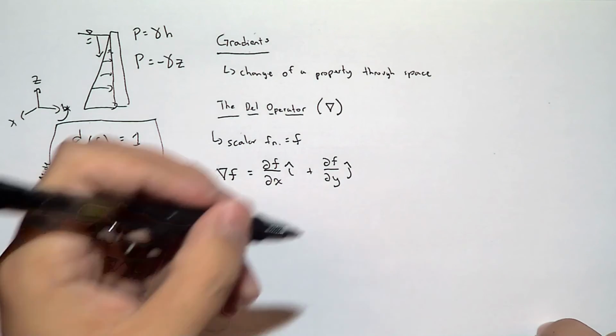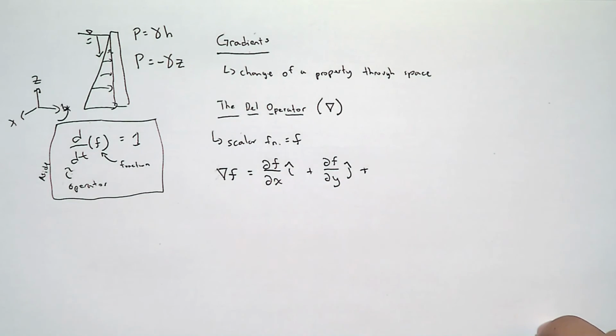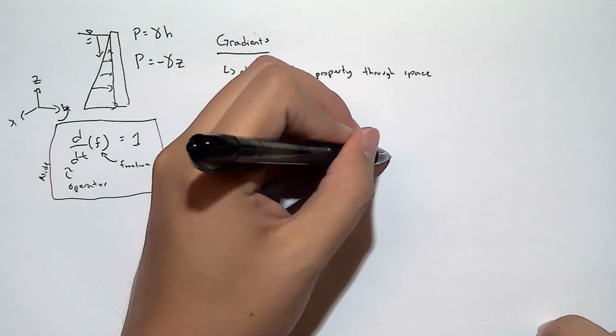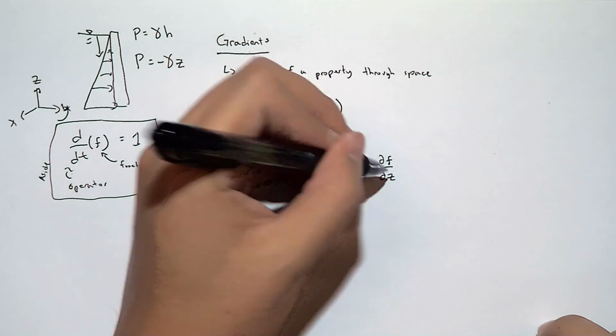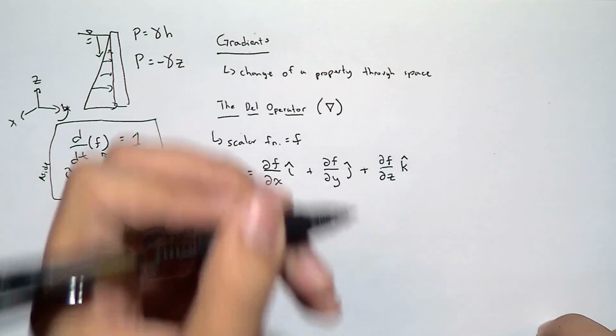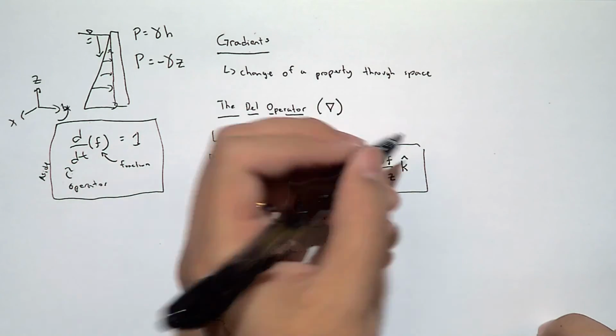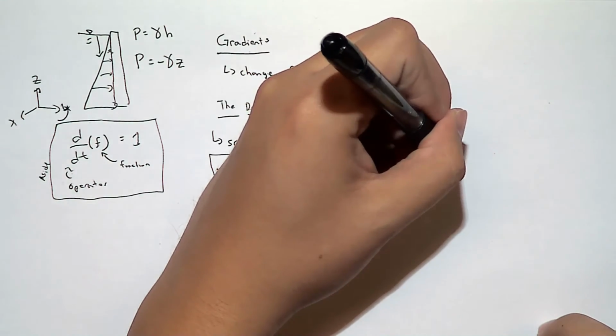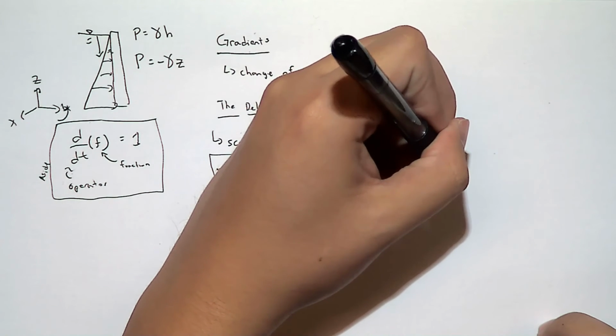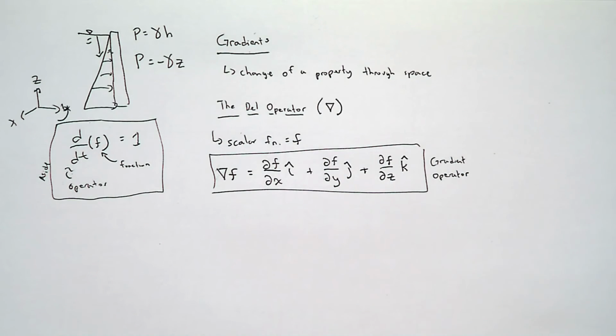Can anybody guess what comes after that? Partial f over partial z in the k direction. That's correct. This is the gradient operator,